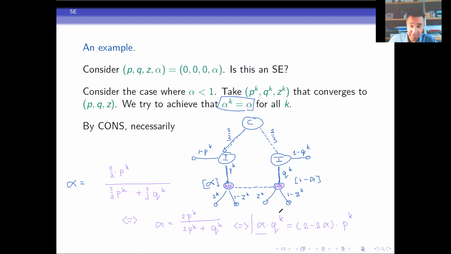So you see what happens now is that fixing the alpha to a fixed probability, to a constant, induces a relationship between how we choose pk and qk. That means that we can choose one of them, and then the other one is determined by this expression. That simply means that we have 1 degree of freedom less. We choose pk, and then qk is simply given by this formula. So that makes it, in some sense, easier.